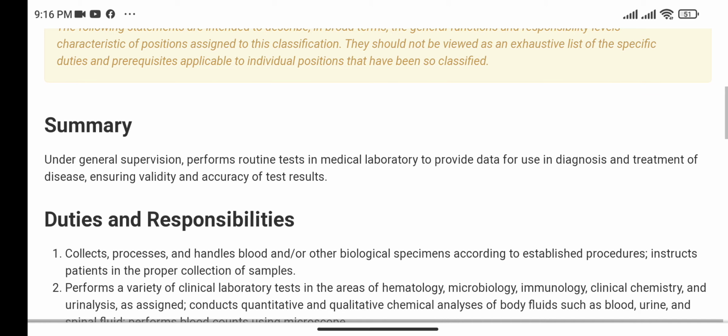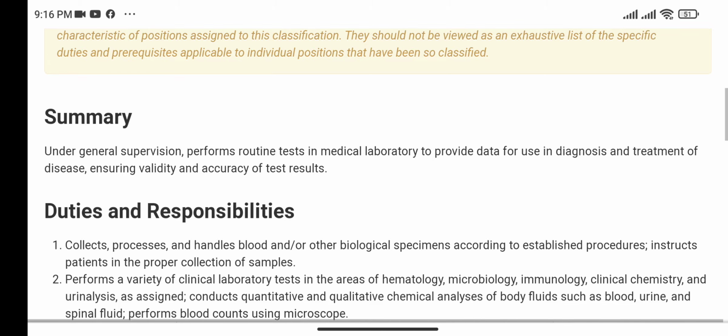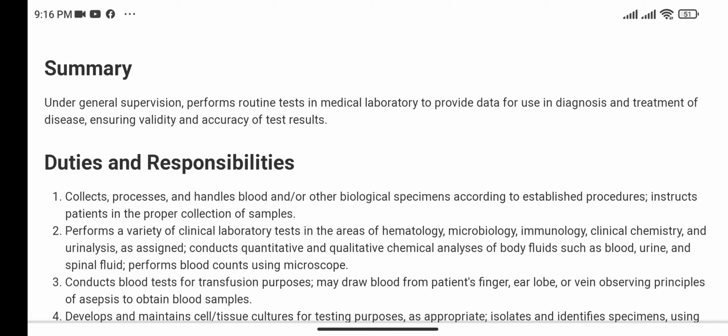Now, as summarized, under general supervision, performs routine tests in a medical laboratory to provide data for use in diagnosis and treatment of disease, ensuring validity and accuracy of test results. Duties and responsibilities: a medical laboratory technologist collects, processes, and handles blood or other biological specimens according to established procedures,